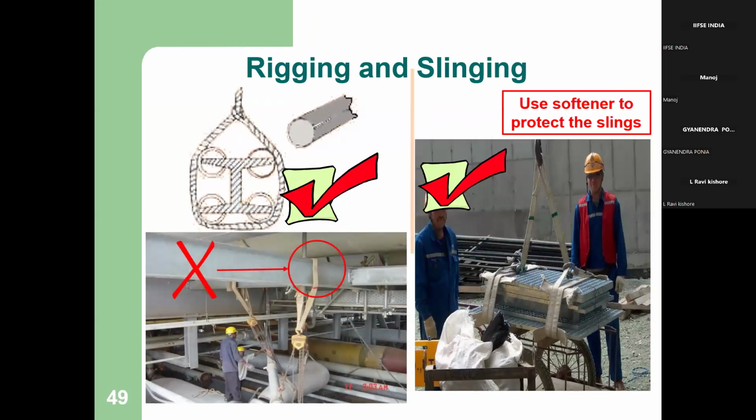Then here, whenever you are lifting steel structures or any metal material with a sharp edge, then you provide soft corners. This is what we say padding. You use small soft cloths to put on the edges, so that during the lift it will not damage your slings, whatever slings you are using. In the second picture you can see here, he has used the cut of the slings as padding for the